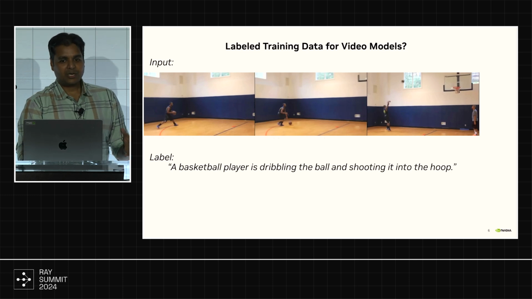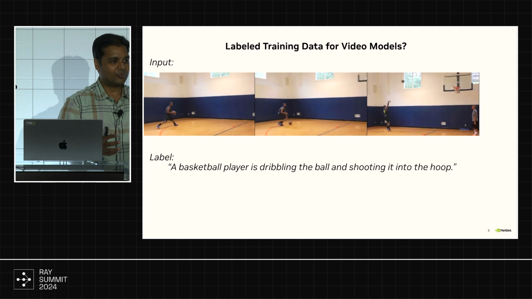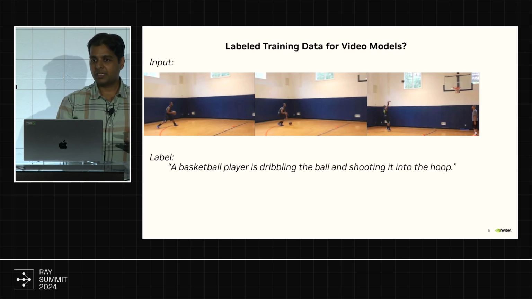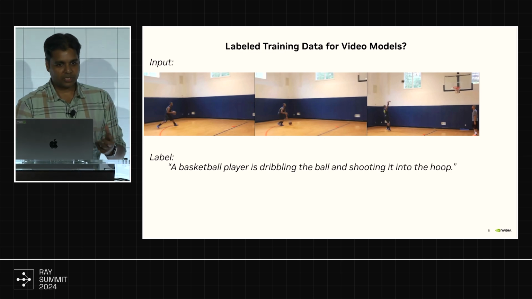Now let's imagine how you would do it for millions and millions of hours of videos, right? Let's say we have a 20-minute YouTube video. In each set of frames, things are changing. Who is going to label this data, right? Humans cannot do it. There are a lot of human annotated data sets out there, but they're only in the thousands of hours, right? There's only so much humans can do.